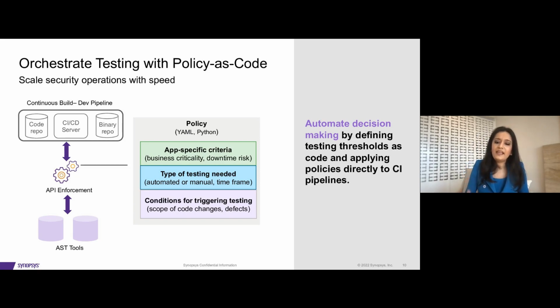One of the biggest ways in which you can make sure you're able to do this in a manner that is efficient and that is agile is being able to orchestrate security testing by implementing policies as code. Now, what policies as code does is, in a scripted format, in a compatible programming language with whatever tools you're using right now, whether it's a YAML file or a Python script, it's able to classify 3 areas that are very significant in being able to define the specific decision to test and what type of testing is required. So these are the 3 basic categories that, when you script policy as code, go into automating that